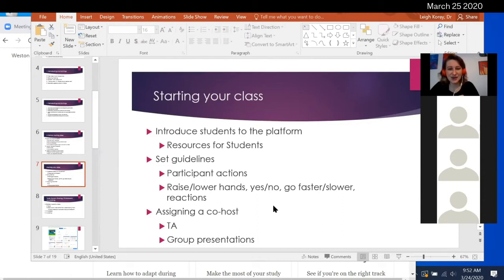The yes and the no are also really helpful just for a quick check-in. Often I think people might ask, like, are you all with me? Does this make sense? And you can just get a quick yes or no. The go slower and the go faster, what those are trying to encourage, they're not actually going to speed you up. That's not possible. But in a real life class setting, you're able to look at your students and kind